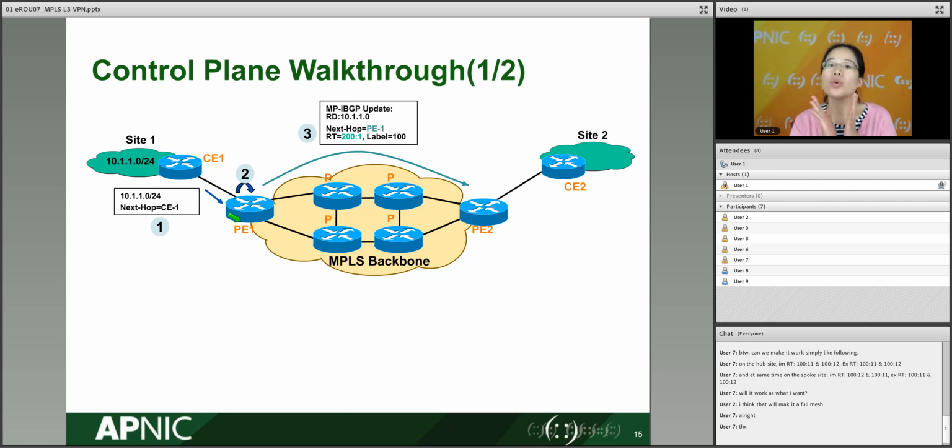Which protocol is used from CE1 to PE1 is up to you. Different vendors can support all the routes. You can use a static route, BGP, OSPF, IS-IS, or EIGRP. Just set up a neighbor from CE1 to PE1, and we can send the route to PE1. And then from PE1 to PE2,